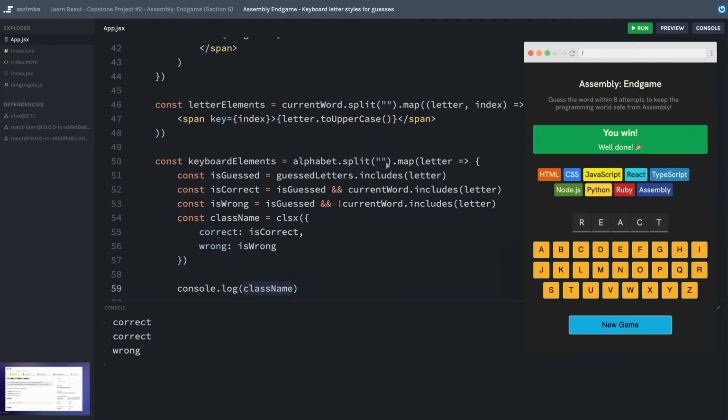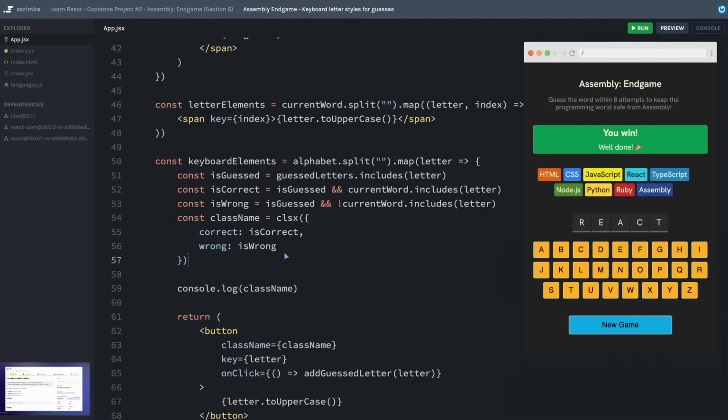Then it continued through its map and it got to the letter B. It said, yes, this is in the list of guessed letters. And so it is guessed, but it is not in the current word. So isWrong is true, which means that wrong is going to be applied and it console logged wrong. And then I think behind the scenes, there's actually a bunch of empty strings that are happening because every other letter in here is not guessed.